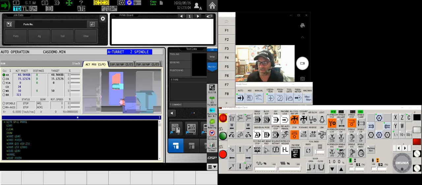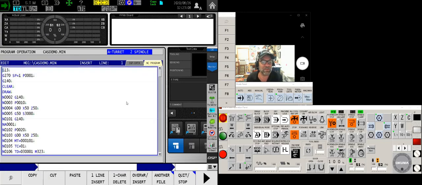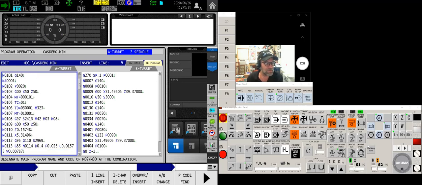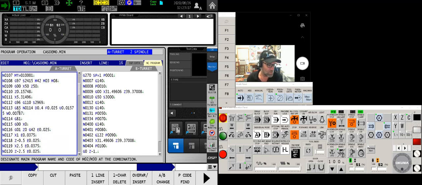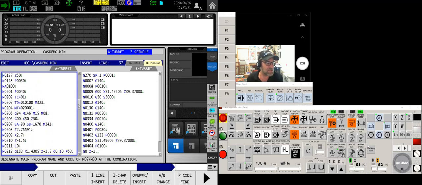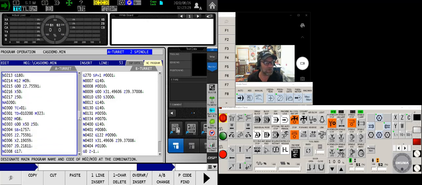So our program today is fairly simple. I'm not trying to show off anything about the complexity of the machine, but if we look over here at our A turret, you'll see that I'm doing an OD turn, roughing a profile. It's just a couple of steps. Then I'll pick up a drill and do a couple of holes around the quadrants, 4 holes at the quadrants of the part. And then I'll mill with a 1/2 inch end mill a little square right in the front